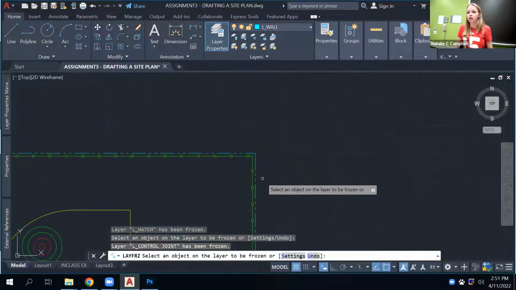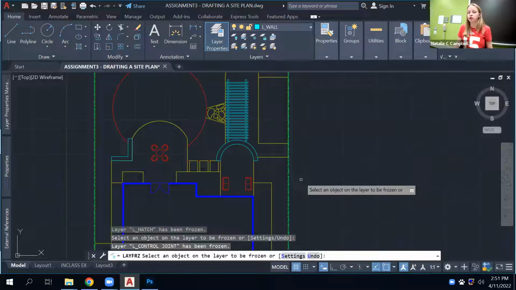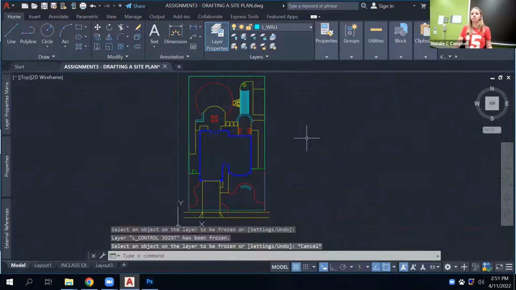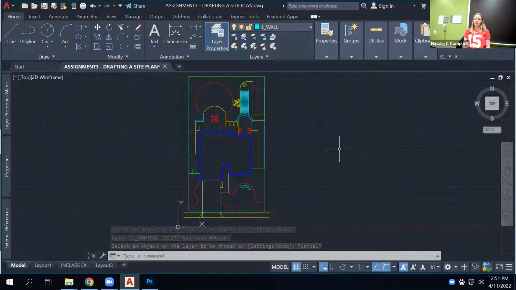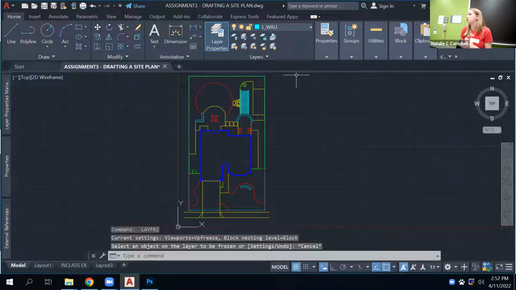So generally, you should have just that, basically. This should be what it should look like. You could probably turn off your property line too, but I'm going to leave that one on for right now. Okay, so this is what it should look like. Freeze everything except that. So then once you've got that,